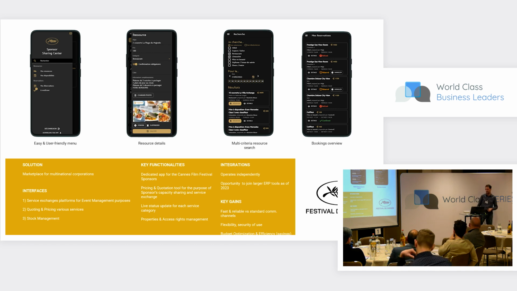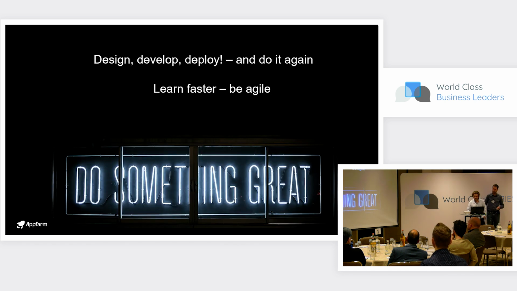I think that covers what we wanted to discuss. Just some final words here. The essence of no code, low code is that you can launch digital solutions much faster, with benefits for the users and the business. And I think it's no secret that no code, low code is here to stay. This will be a huge part of the future.